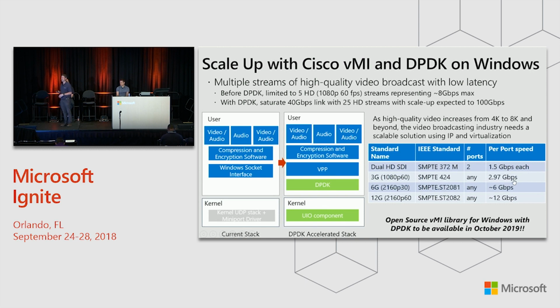This is going to be an open source library that Cisco is going to publish, and we're looking for other customers who will then use it. They've had a successful demo and a lot of traction at a recent video broadcasting conference called IBC, and we're excited to see where that goes. But not only just video broadcasting, we're also wanting to use DPDK for other things, whether it's like an NFV appliance, like a load balancer, or a firewall or something else of that nature. There's a lot of benefits we can get from DPDK. This is just one example.